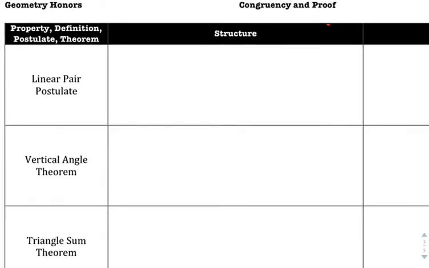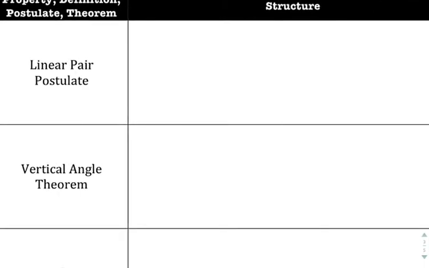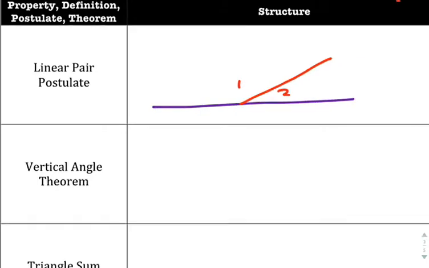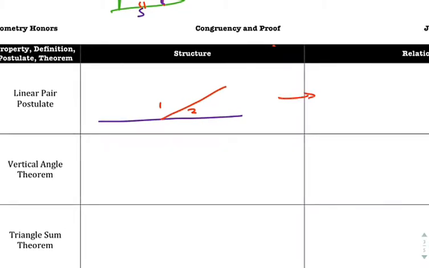All right, the home stretch. Let's talk about linear pair postulate. Linear means line. Pair means at least a couple. And so we have a line cut into a couple different angles. And so what the linear pair postulate demands is that we tell angle 1 and angle 2 that they are